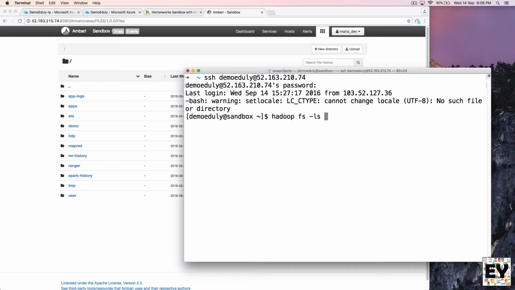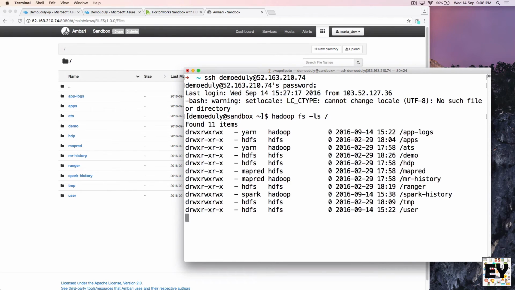For that, type hadoop fs -ls /. It will list all the files present inside our HDFS. As you can see, the list is here, and by typing this you get all the folders present here. In the same way, you can go into a different folder also.